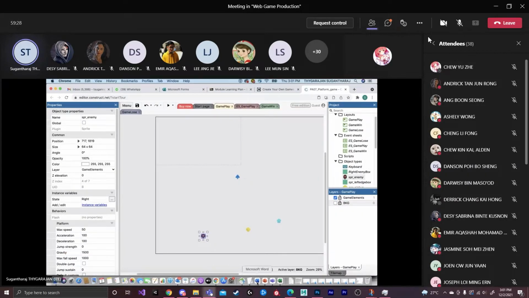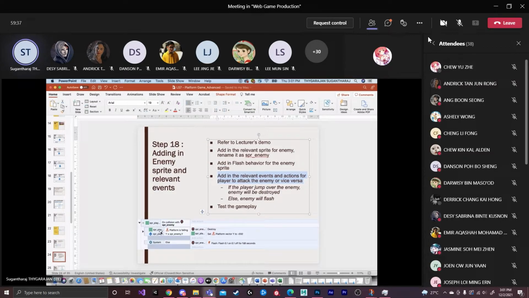To set up this action, we have the SPR player box. When the SPR player platform is falling, then the SPR enemy can be destroyed. And this one is for making the SPR player travel when it jumps after destroying. There is a jumping movement for the SPR player. So how far does it have to jump? I'm setting the y-axis to minus 550 so that after destroying the enemy, it just goes up beyond.